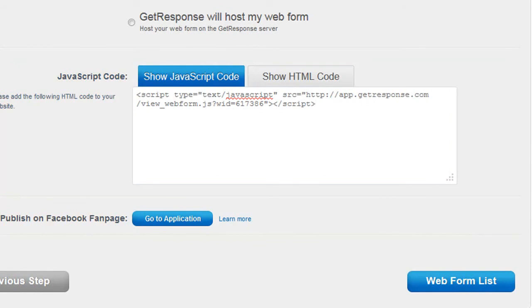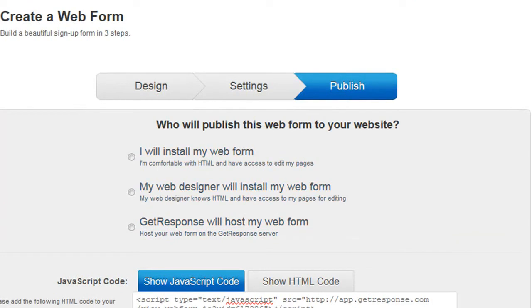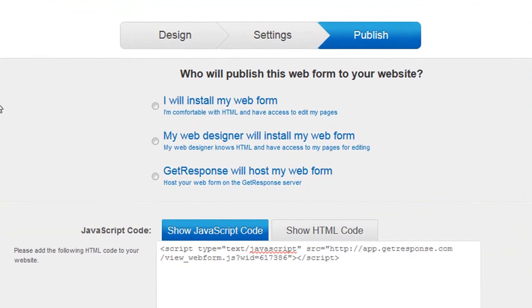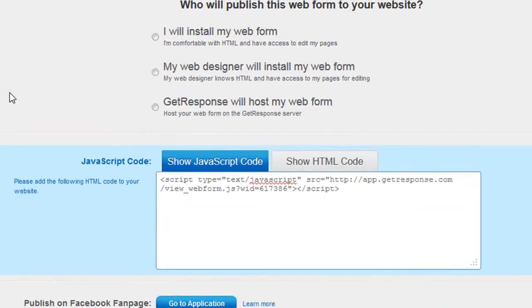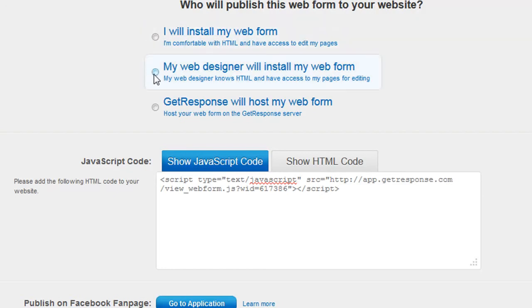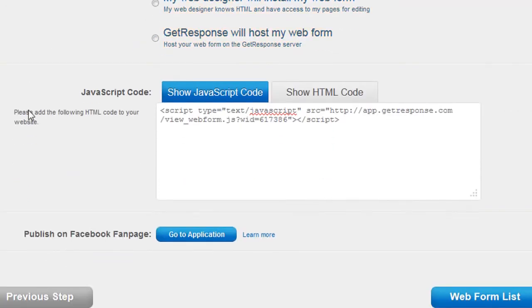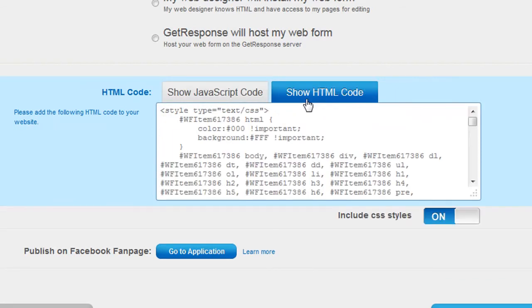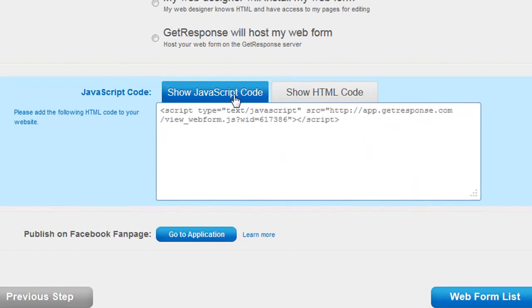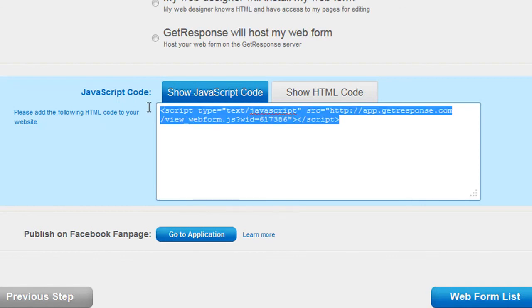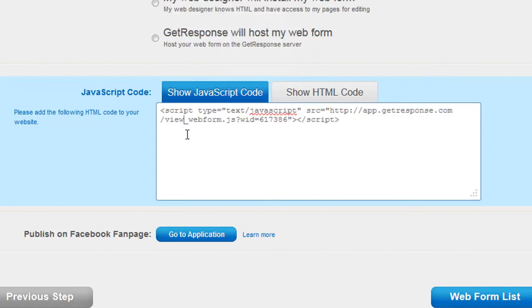On this page, this is quite simply where we get the code that we have now created, and we're then going to later put this actually into our website. But all we need to look at here is there's a few different options. These don't really change here, but it's either I will install my web form or my web designer will install my web form. If I click I will install my web form, you've then got two options here of either JavaScript code or HTML code. If you know the difference to those, you'll know which one of those you're going to want to use. If you don't know the difference, I would suggest you stick to the show JavaScript code because it's so much simpler. And then there's just a little bit of code here that you will need to copy,